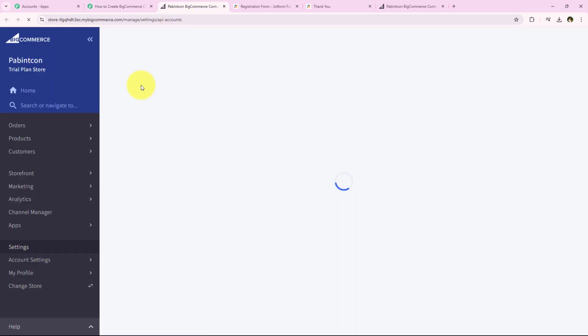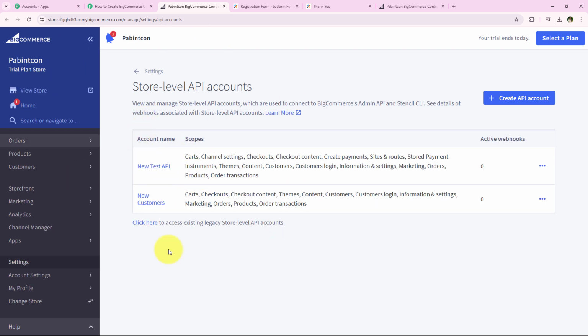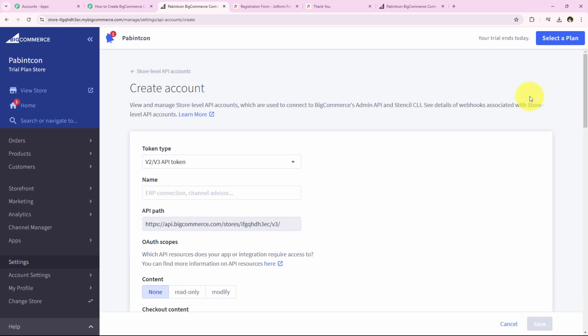to the API account of my BigCommerce account. And as you can see, we have successfully been redirected right over here automatically without any effort. This was really easy because I've already logged in to my BigCommerce account. So if you also want to create this automation, first you have to log in to all of your accounts to make this easy. After opening this API account, we have to go to create API account,